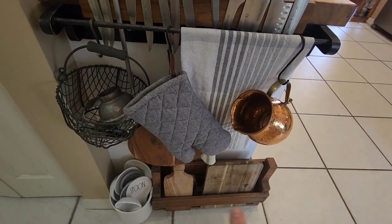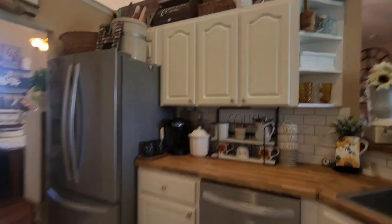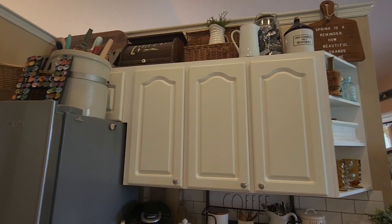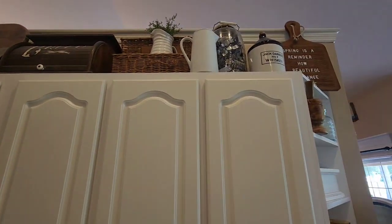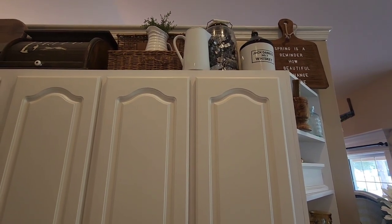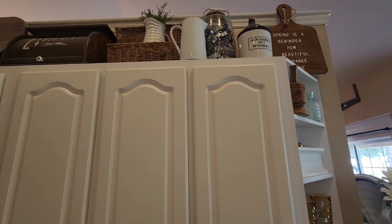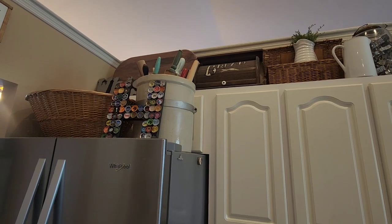And here's one of those pallet shelves, so just on the ground. I haven't done anything up here. Look at that. I need to change my sign up here because it says spring still. Okay, y'all got me. I did move my basket and my big crock filled with